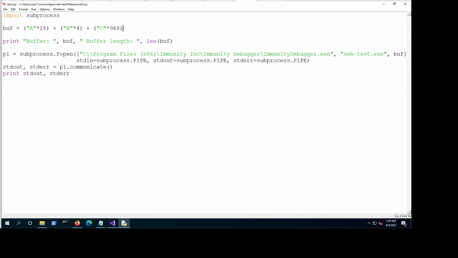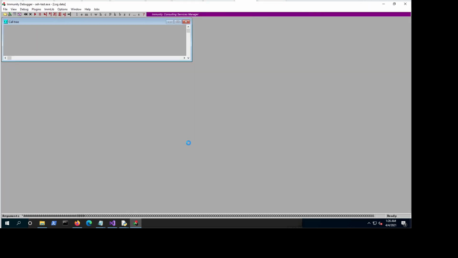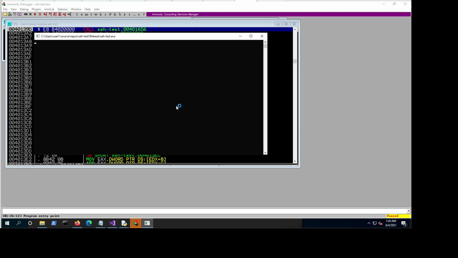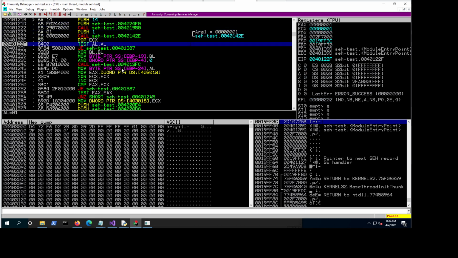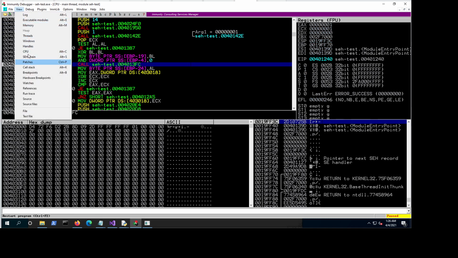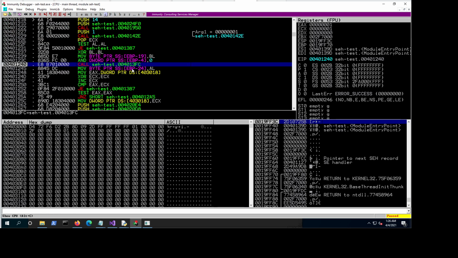So now if we run this again, our buffer size is 1000 again, good. Everything is working as we want. And now let's just run a couple of executions to make sure all of those crazy things get onto our SEH chain. Yep, all good. And now let's run our